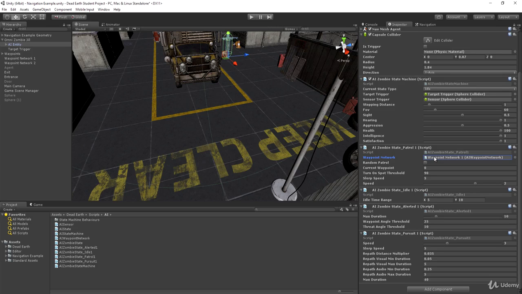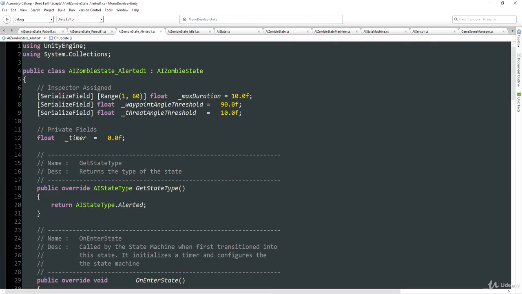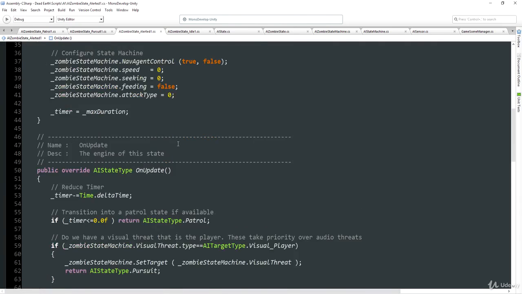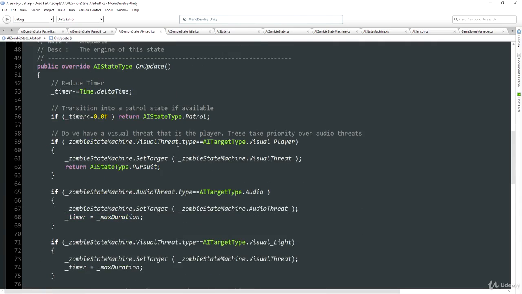Therefore, what we do currently, if I call up the alerted state and scroll down to the onUpdate function, you can see that if the timer has reached 0, then time is up, we've been in the alerted state too long, and we simply return to the patrol state. Now when we go into the patrol state, Zombie Jill is going to set her speed to the patrol speed before she realizes that her next waypoint has been set and she has to drop down into the alerted mode again. When she drops down into the alerted mode again, of course everything is fine then, she knows her target is set,